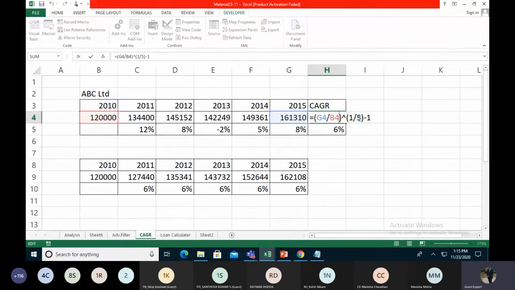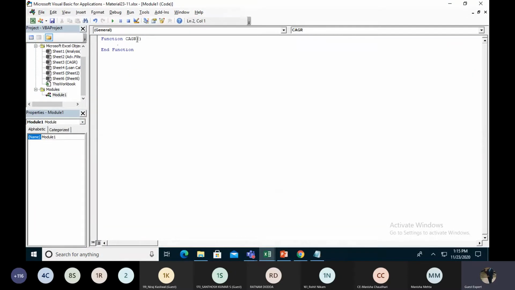First of all, the same name that we have to represent over here. CAGR is equal to closing balance CLO divided by opening balance, power 1 divided by year, minus 1.